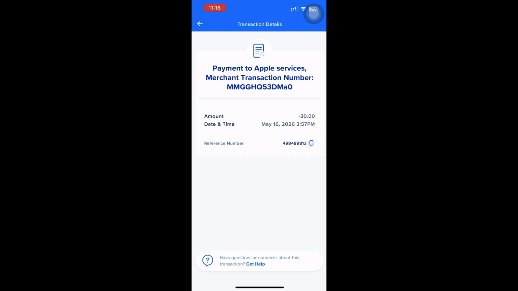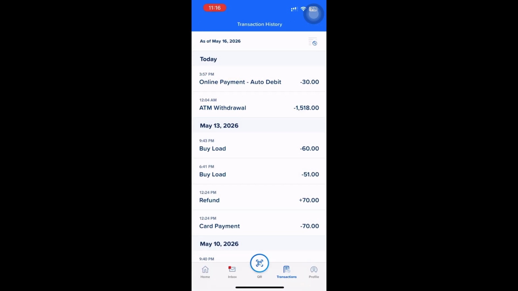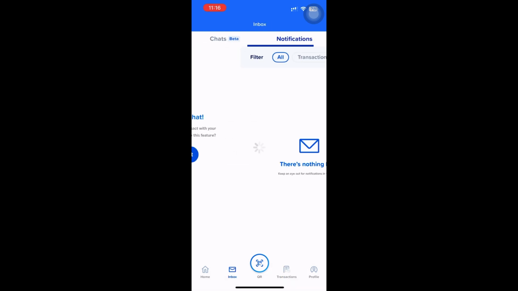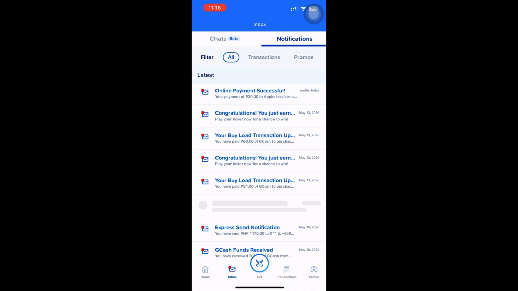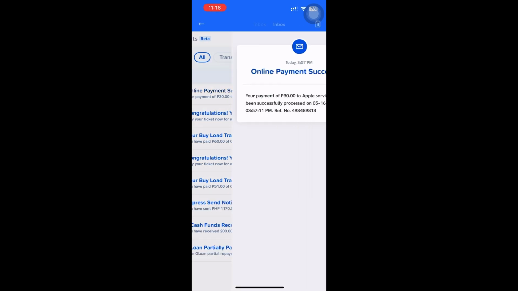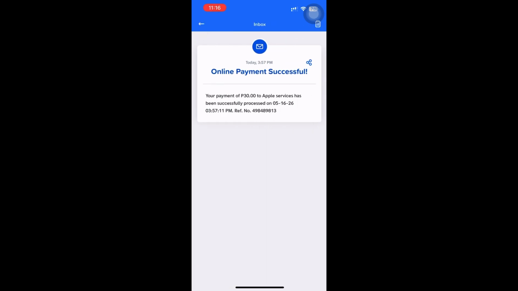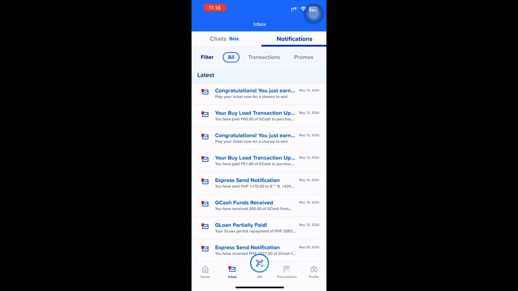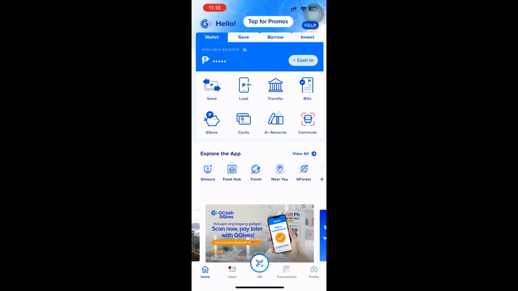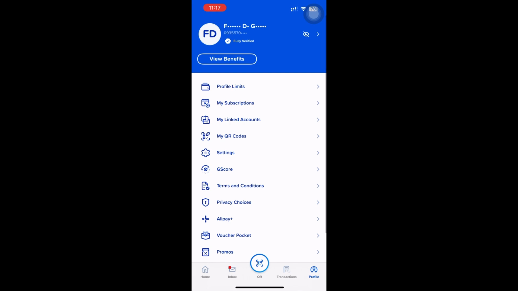For bills payment or merchant payments, you may also receive a confirmation message in your GCash inbox, SMS, or email. Check those messages if you need another copy of the receipt. If you cannot find the transaction, use the date or search option if available. You can also check your transaction history from the GCash Help Center if you need more support. If the payment was successful but no receipt appears, save the reference number and contact GCash support through Profile, then